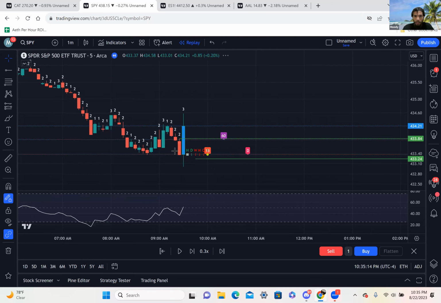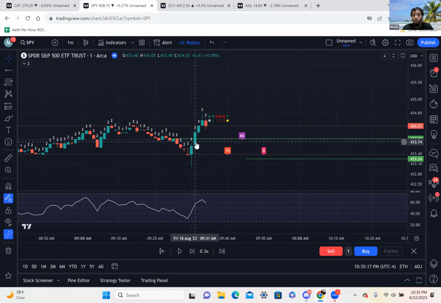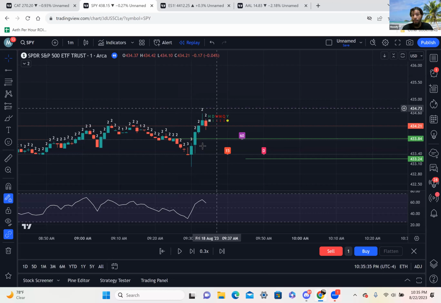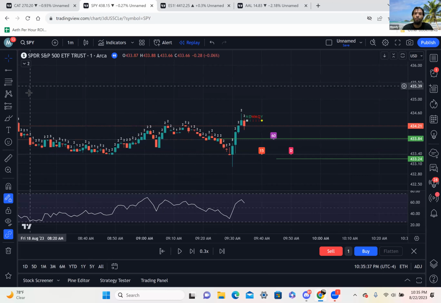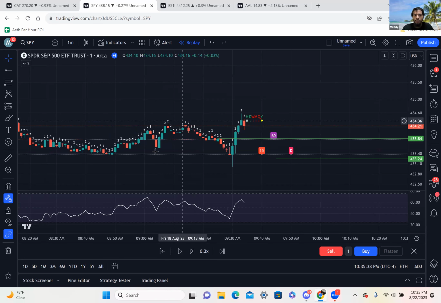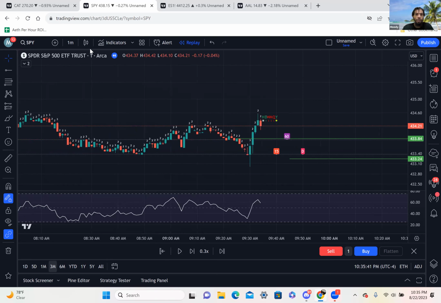Going down to the 1 minute, you can see that you had ample amount of time to jump in. This pushed all the way down, started pushing right back up. You could have used this price action to say, hey, I want that. Or you could have just waited for your price action that you had on the 5 minute and say, hey, I'm gonna take it. And on the 1 minute while you was on here, you seen that this was growing, pulled back, growed, and came and took off for you, right? So it's that easy. Literally, you just have to draw on your chart and go with what you just drew,